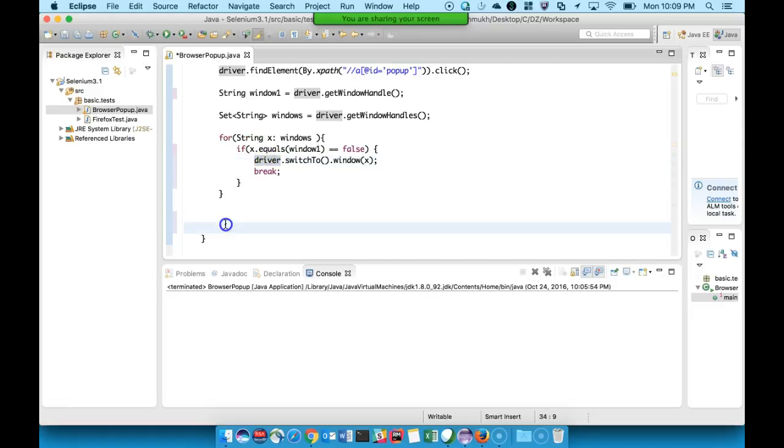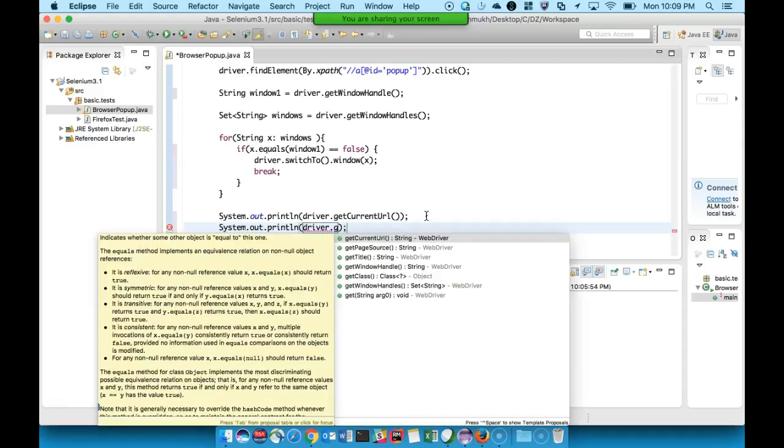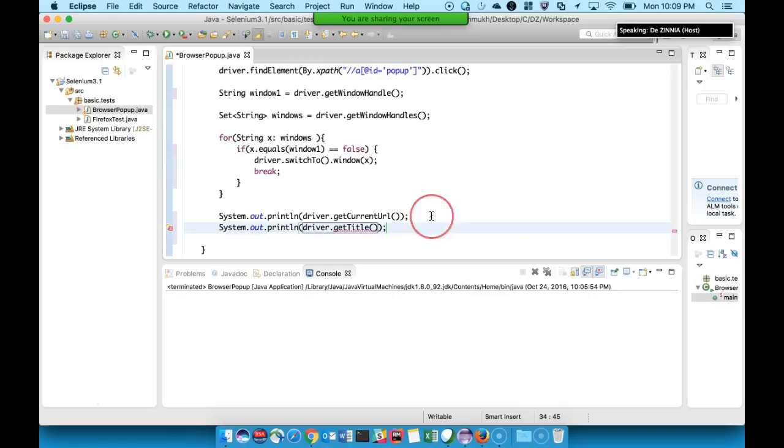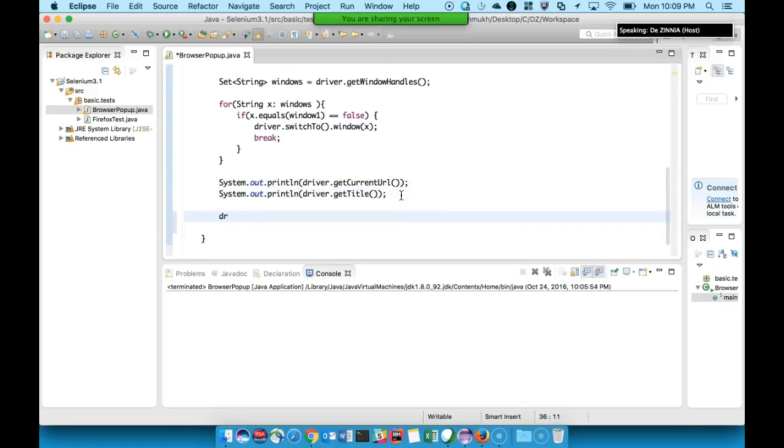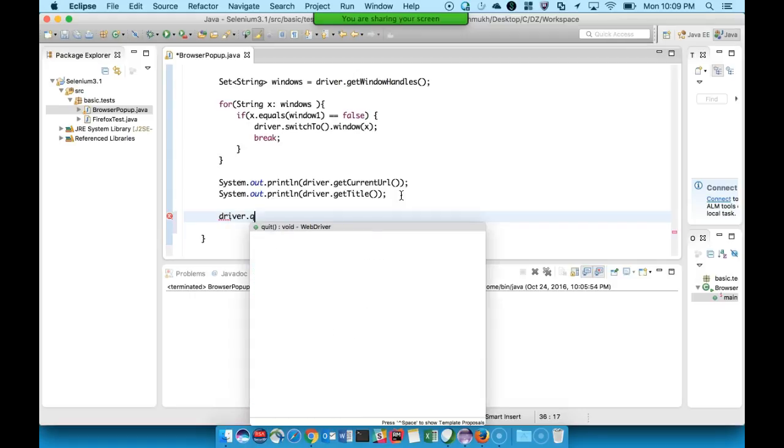So just to see where we are on the new browser, let us try to do some operations like driver dot get URL and driver dot get title, and after that we can quit, driver dot quit.